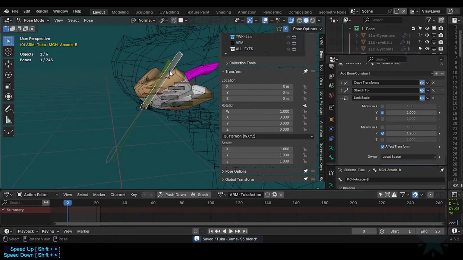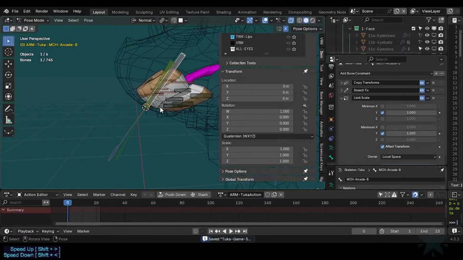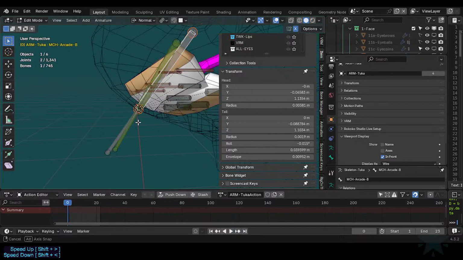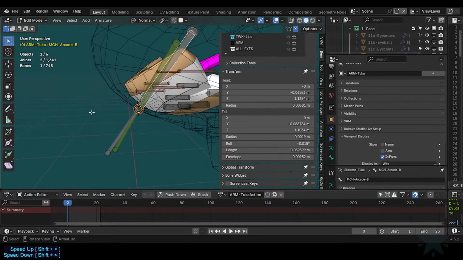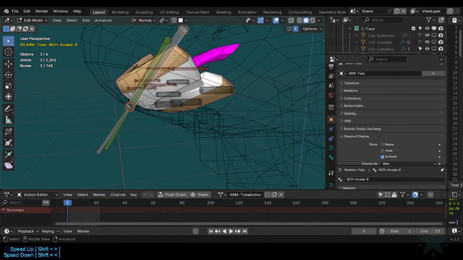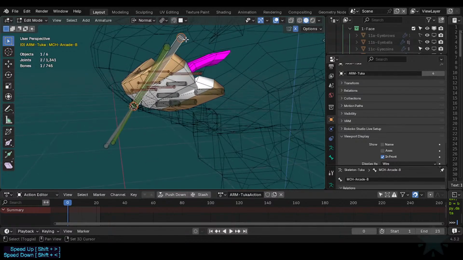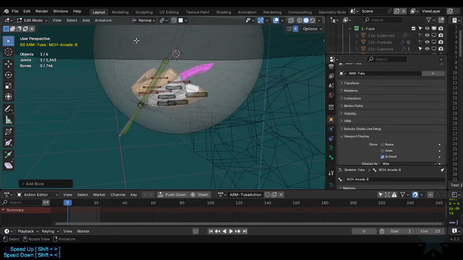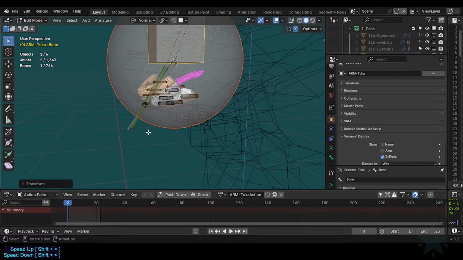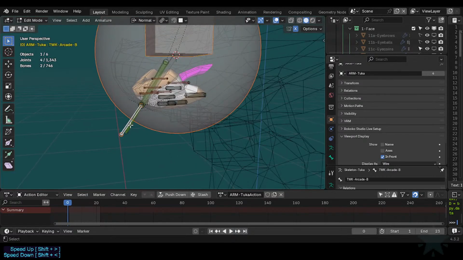The idea is that I have this mapped already, this point from the other bones of the mouth. So what I can try to do is add a bone here that will be aligned to